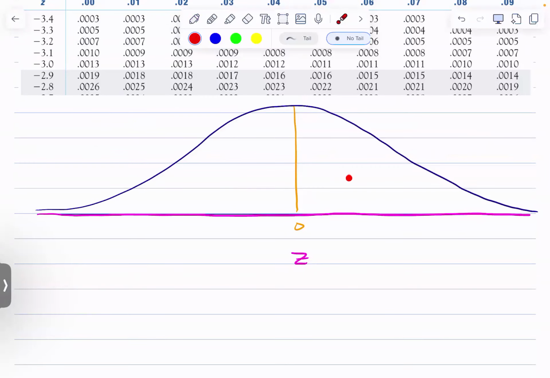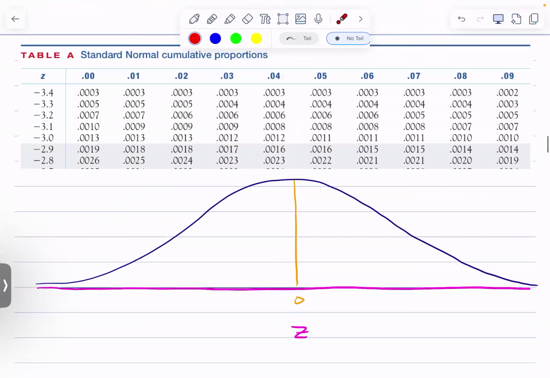This high peak means that the probability of these Zs is quite high, right? Whereas if the area under the curve is small, the area under the curve is the probability, which means that the probability of these Zs is small, right? And so this table, they stopped. What's the smallest possible value that we can find on here? Well, it's negative